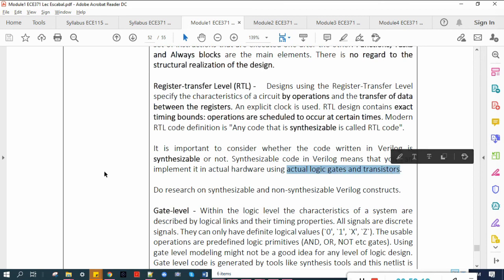Otherwise, there's no actual hardware equivalent, and therefore it can't be fabricated or manufactured if it's not synthesizable. What is the use of your code if you can't synthesize it, if there's no actual